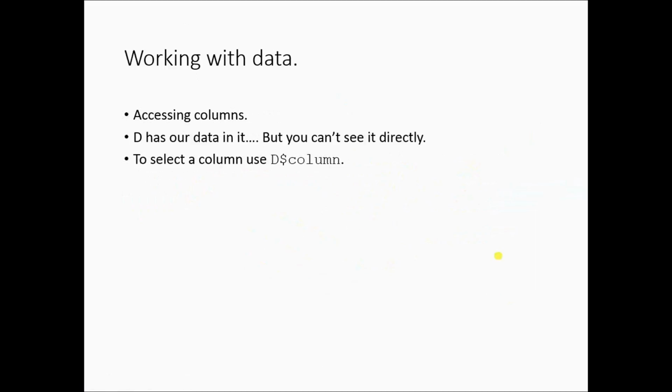If I want to select a specific column, I use D, the variable where the data is stored, and this dollar symbol, which is a kind of connector. I want to access a column which is in the variable D, and to connect both I use the dollar symbol. This is how we access the data